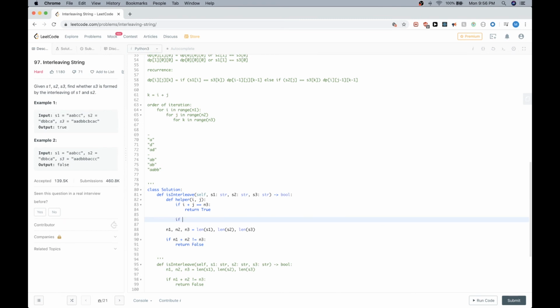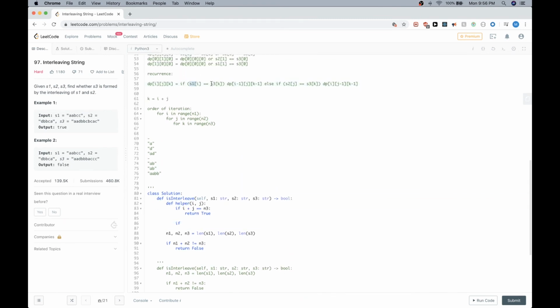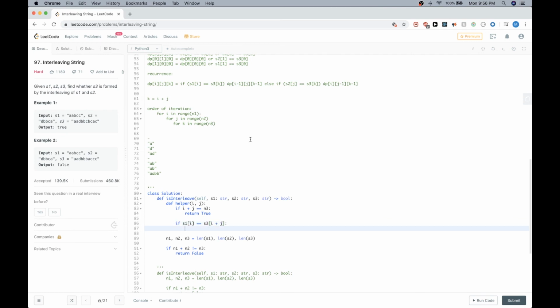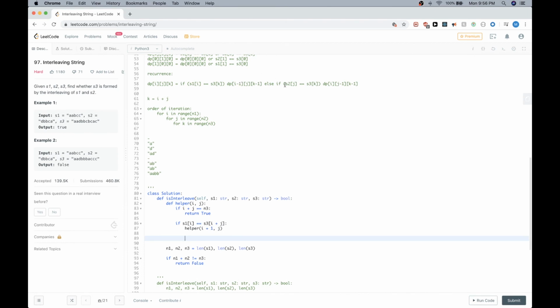And other than that, I could just use what I said here, which is if S1[i] is equal to S3[i plus j], then I could go forward, right? So I could just go forward here with i plus 1, j, and then for the other case, which is this here,